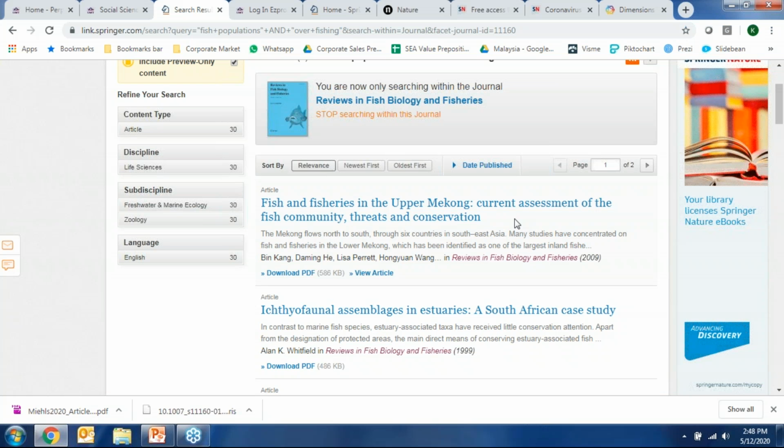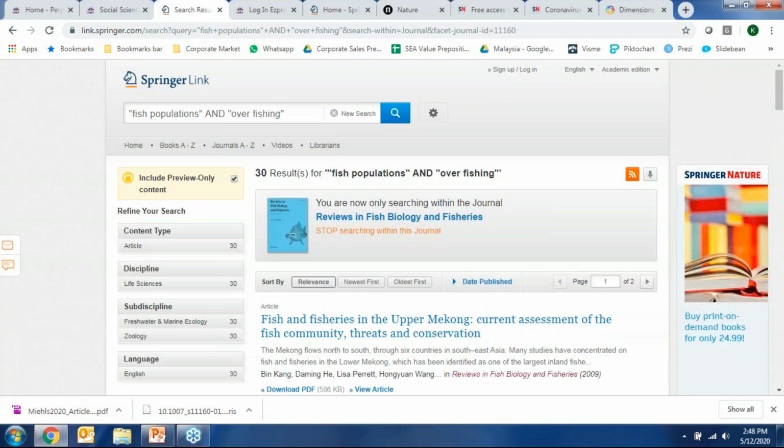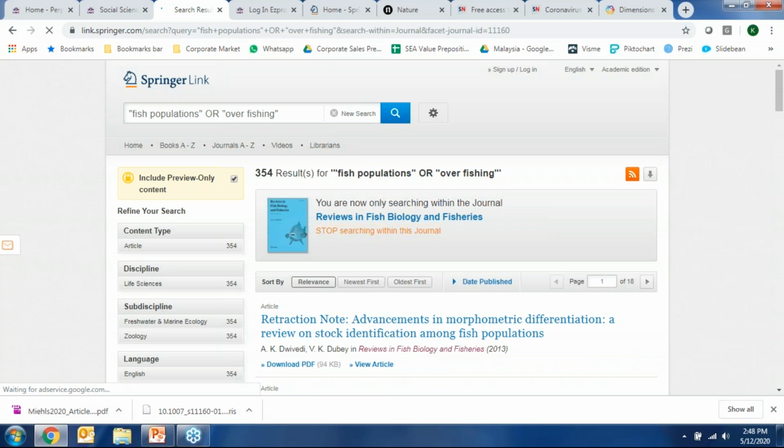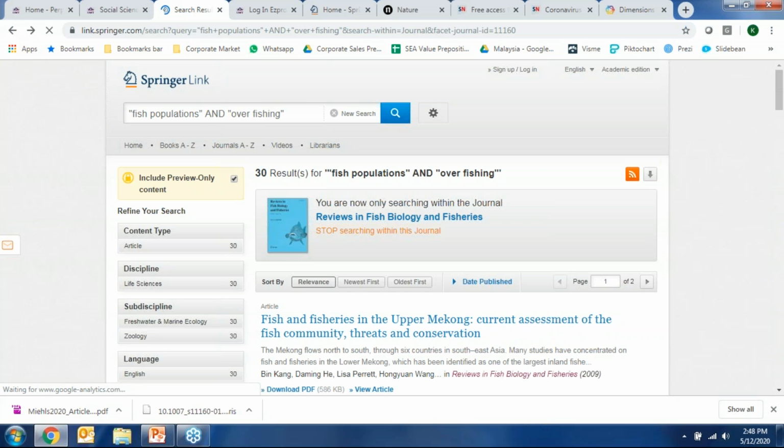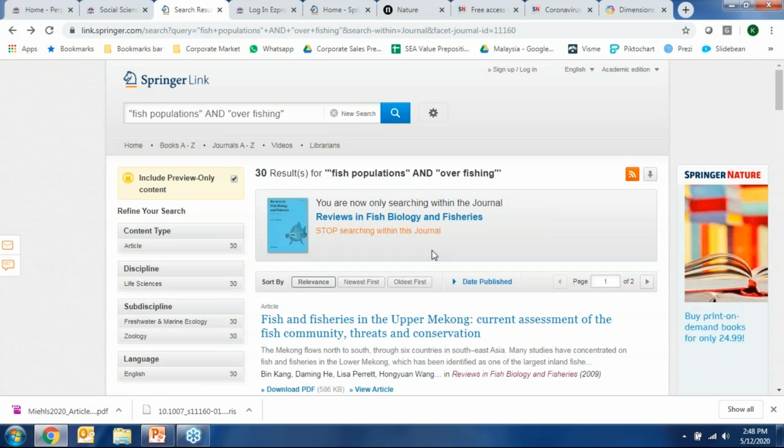Some of us may think, nope, this is only one journal and 30 is still too much. What you can do is play around with the search feature. By using different search queries, for example fish populations, overfishing, or an AND, you will get different kinds of results. What you saw earlier was fish populations and overfishing, which meant that each and every one of these articles has these two specific terms within the article.